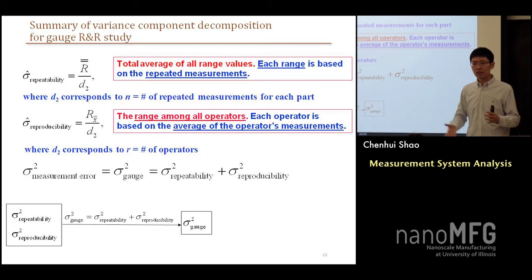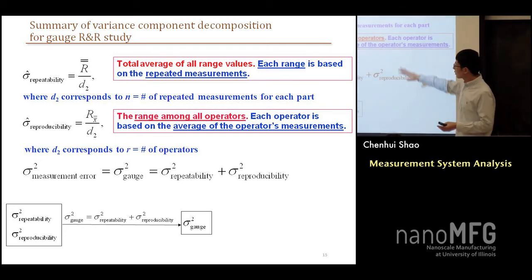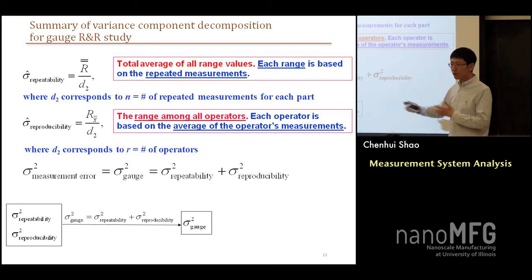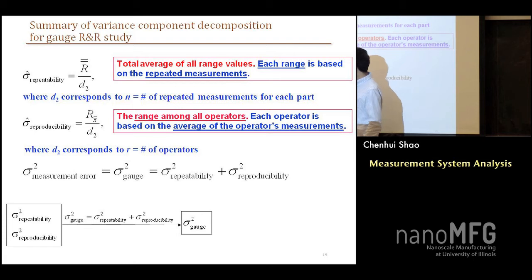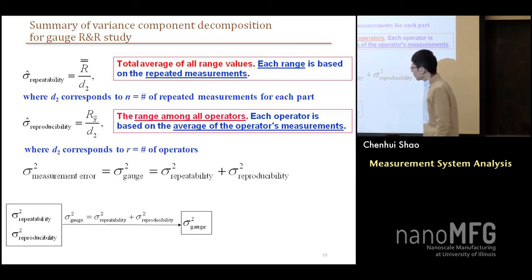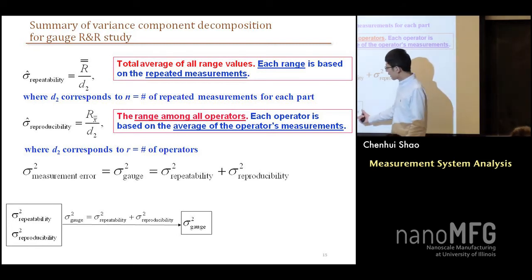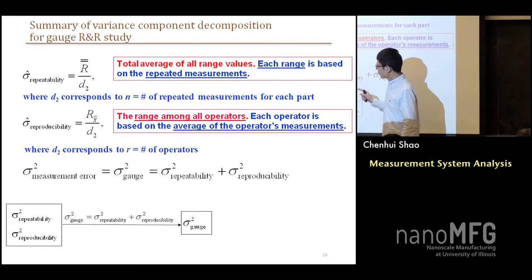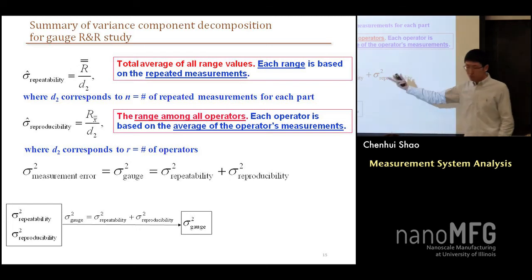There are two scales. One is within operator, and the second one is between operator. Okay? So this value gives us the between operator variability. And this sample size should be equal to the number of operators. Right? So now we have this ready. And I have the estimate for sigma gauge square. So sigma gauge square, or sigma measurement error square, is the sum of repeatability and reproducibility. Okay, we have this. And in the bigger picture,